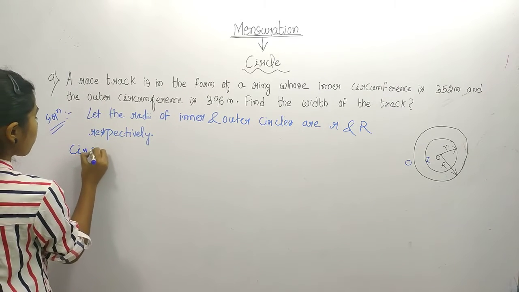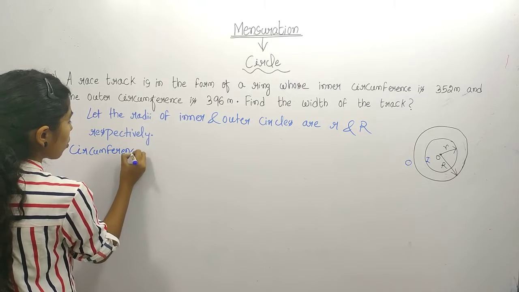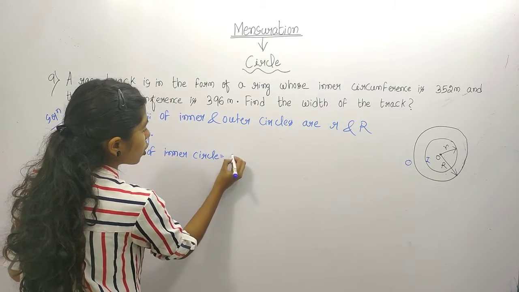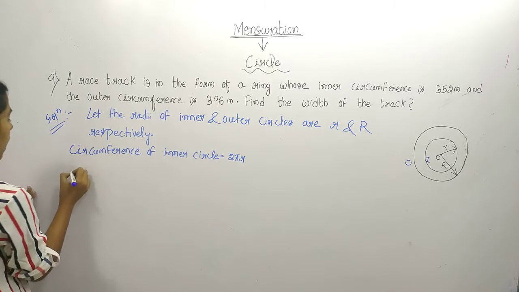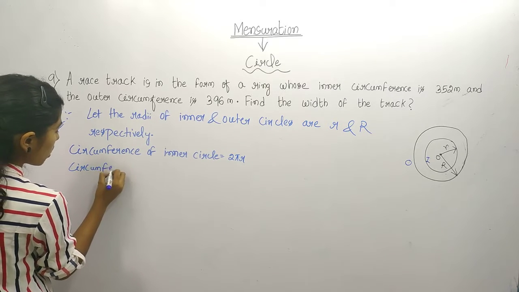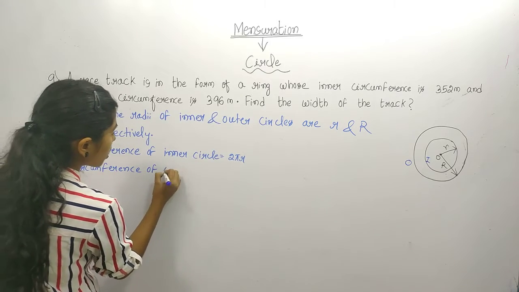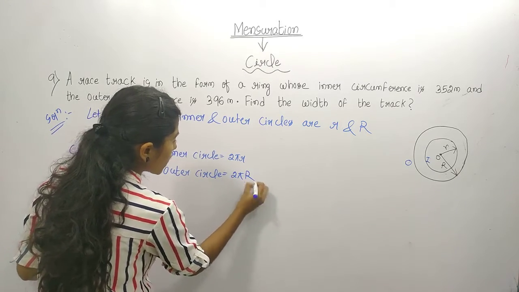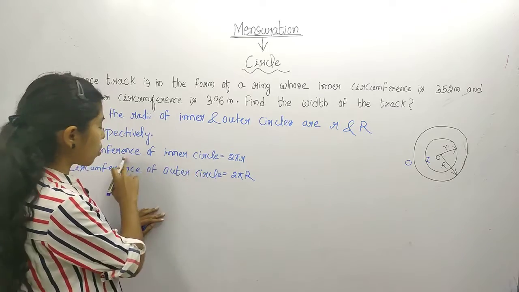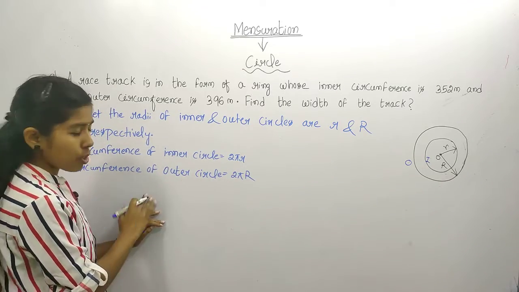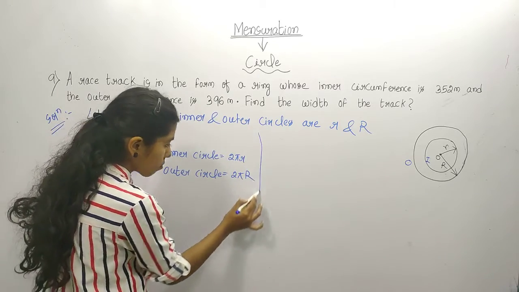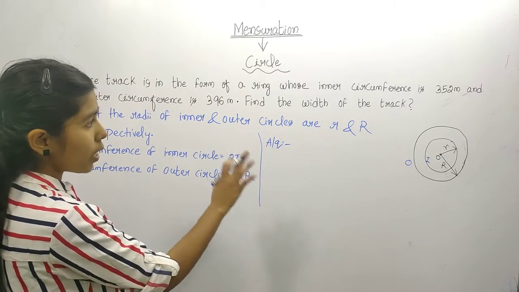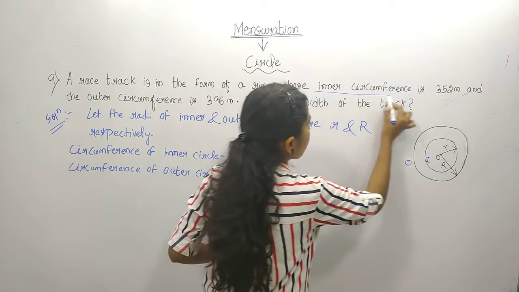So what will happen? Circumference of the inner circle equals how much? 2 pi small r. Similarly, circumference of the outer circle equals how much? 2 pi capital R. Inner circle circumference is 2 pi small r and outer circle circumference is 2 pi capital R. Now, according to the question, the ring's inner circumference is given